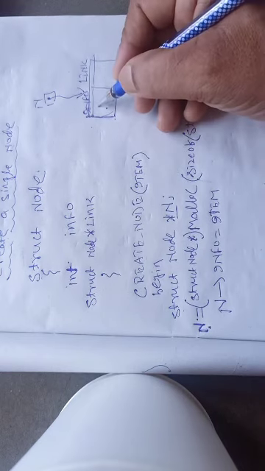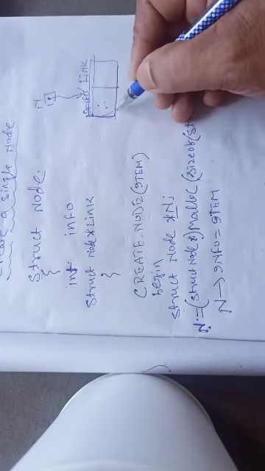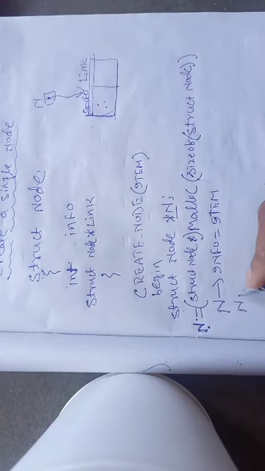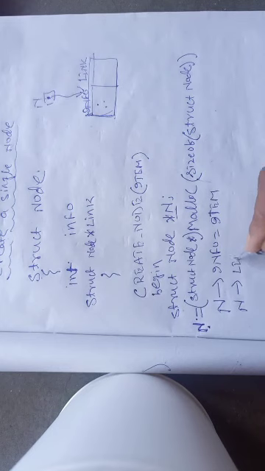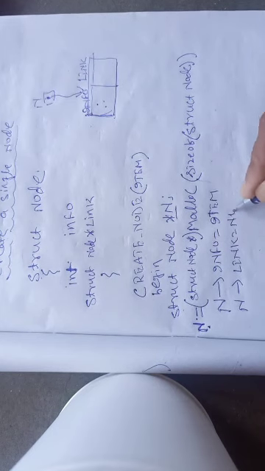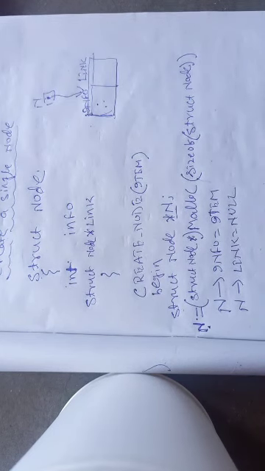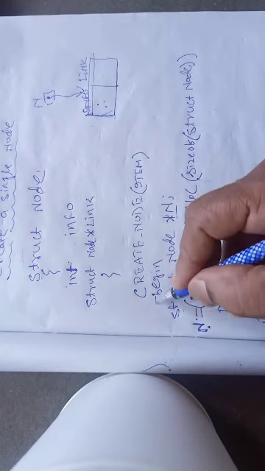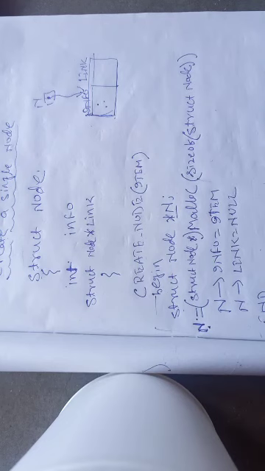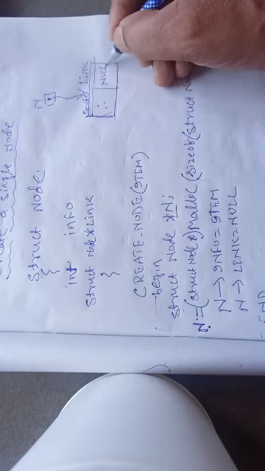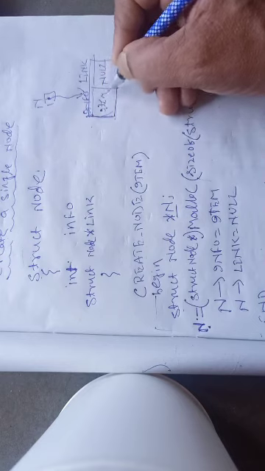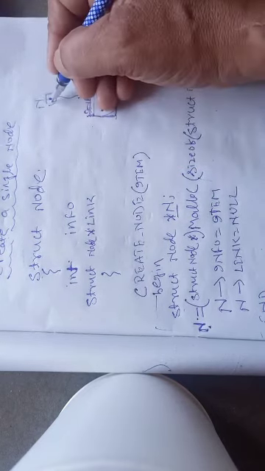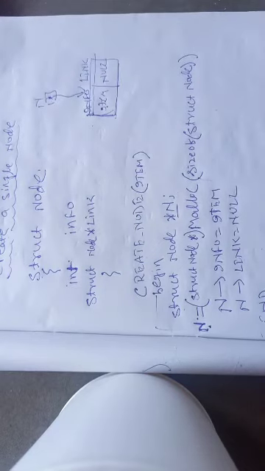So the info part of this particular memory space, which is pointed by n, is now stored with item, and then n link equals null. Okay, finally I can write end to indicate the end of the algorithm. So here the value stored will be null, and here there will be an item. So this is how one single node is created, and the address of this node is now stored in n. So this is just a single node.